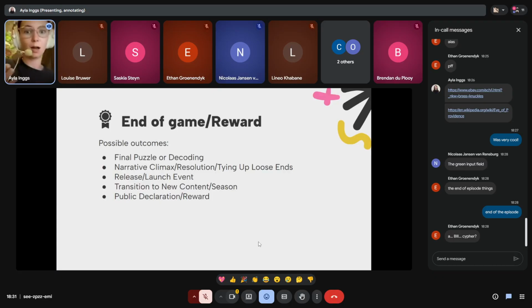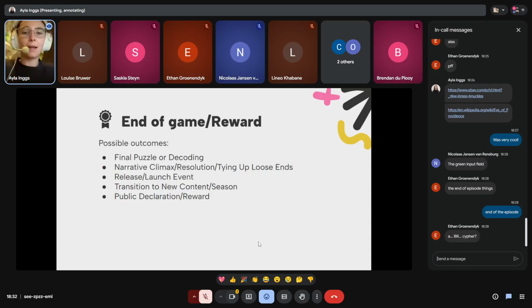Sometimes there's a release of something or an event, a special event that you get invited to celebrate something, a transition to new content. So maybe a game is coming out with a series, and this is their big announcement towards that series. So like how we have Fallout, right? We have the game, and then maybe they did, I'm not saying they did an ARG, but if they did, maybe it would be transitioning to the series that they're trying to portray, or giving you hints to what would be coming up in the next game or something like that.